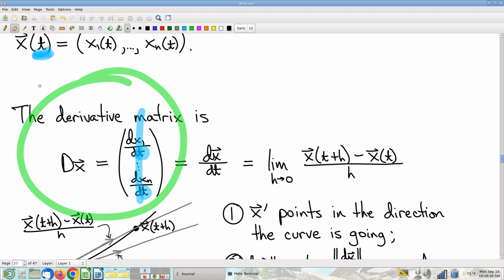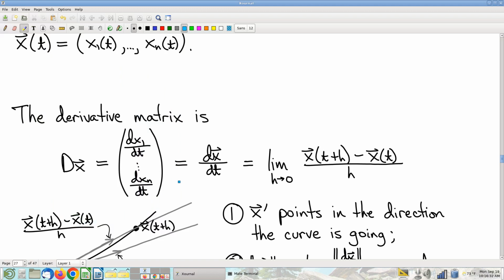Okay. And then you look at that and realize, and we've made this observation before, well, that's really then just the derivative of the vector-valued function. It's the derivative of the x vector with respect to t, just one coordinate at a time, right? Okay. Well,